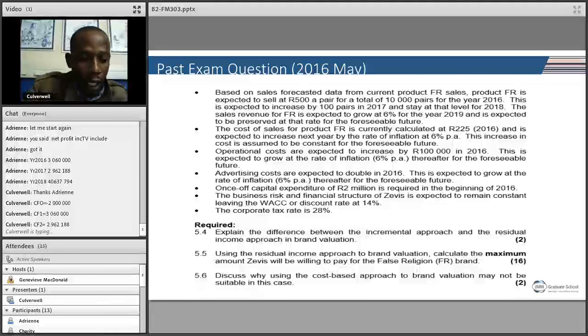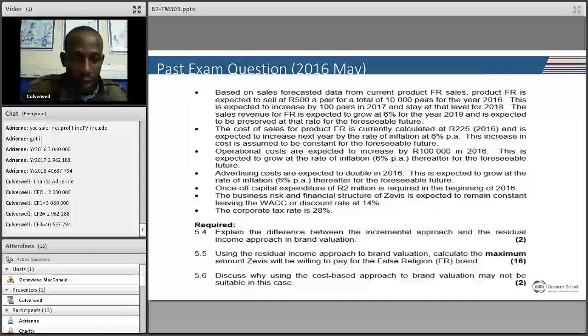I'll then also do cash flow 2, which was 2,962,188. Cash flow 2. And then your cash flow 3 was going to be the net profit that included your terminal value of